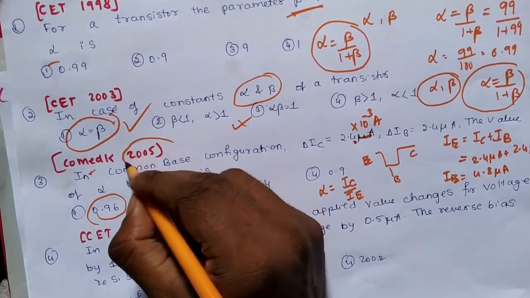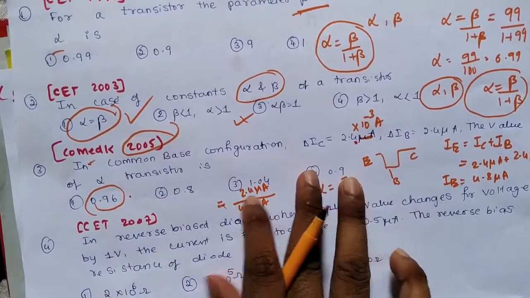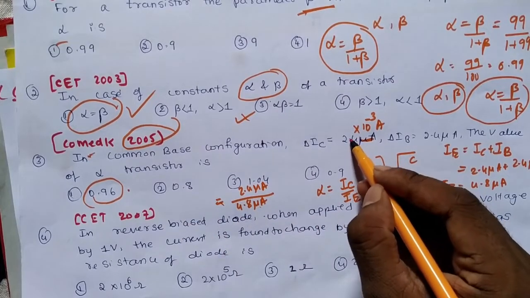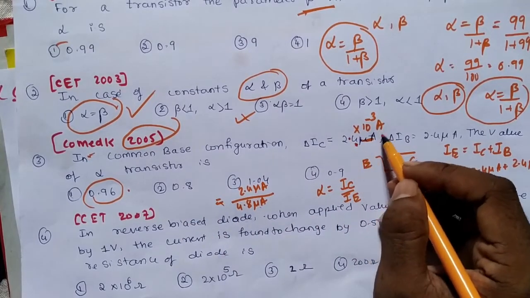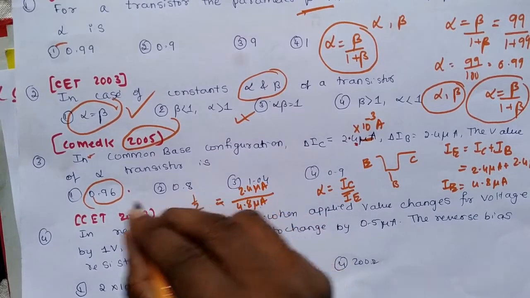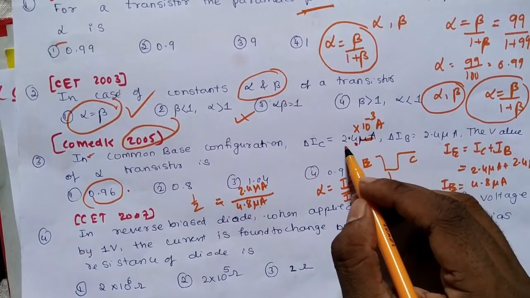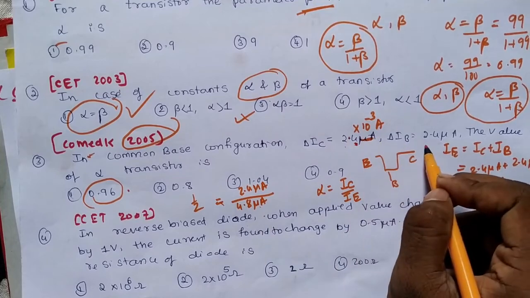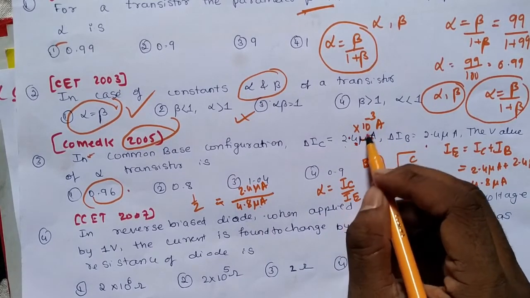In Comet Kit 2005 they gave grace marks for this problem because they mentioned it as 2.4 microampere. If you solve with 2.4 microampere, you will get the answer as 1 by 2. That is not in the options. But if you substitute 2.4 microampere,